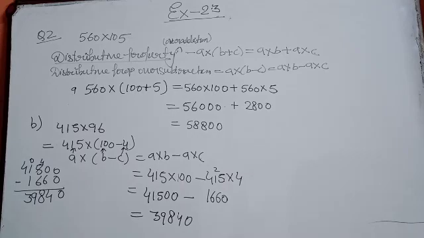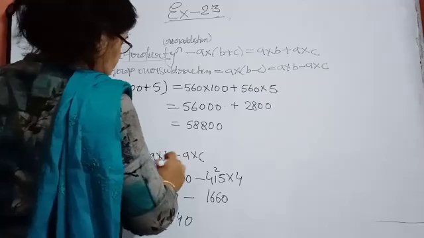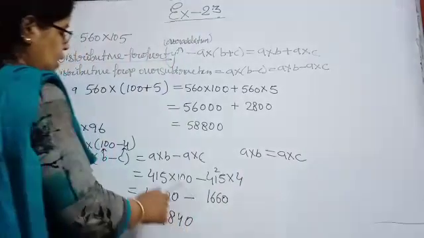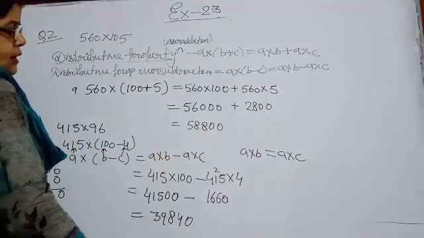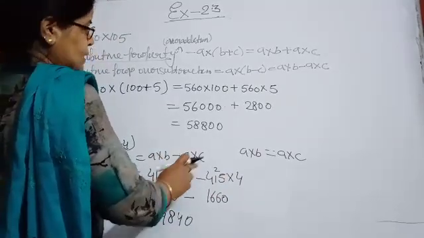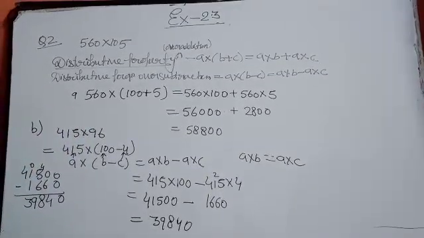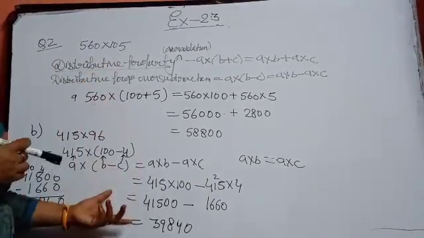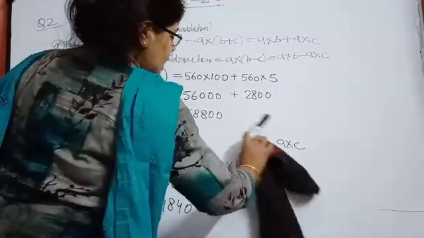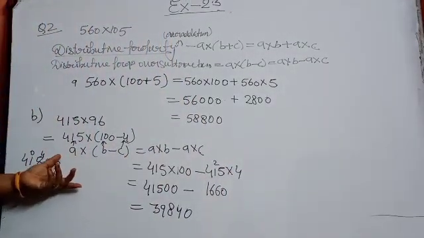Be very careful, beta, while you are using the equal to sign. One child, Rasi, has sent me the question where she wrote A into B is equal to A into C. For this kind of question she has done it in this way. So this is the wrong procedure, beta. See how I am writing it, and in the same way, by the same steps, only your numbers will change and the rest of the procedure will be the same. That's why I have taken the revision, meaning repetition, of this question. Now again you will follow in the same way as I have done. If your questions have mistakes, then make the correction there.